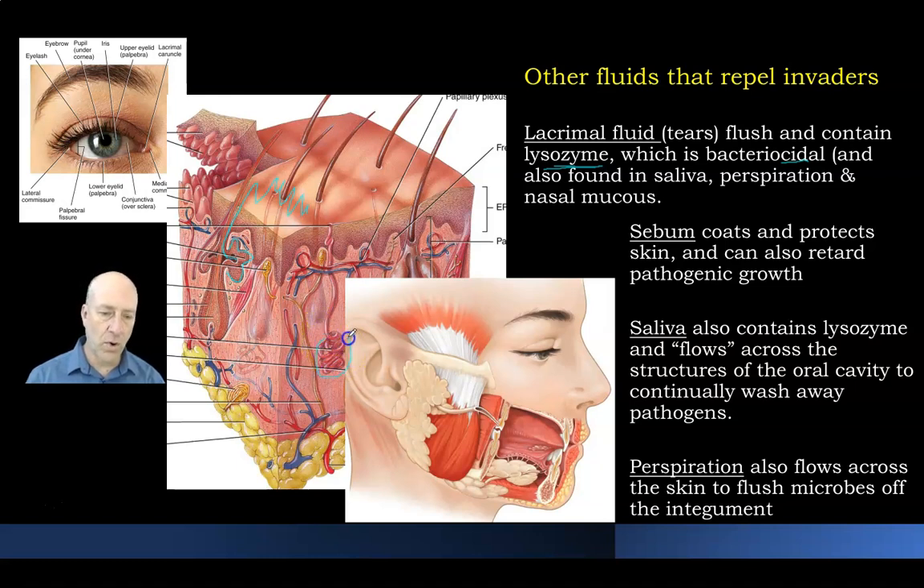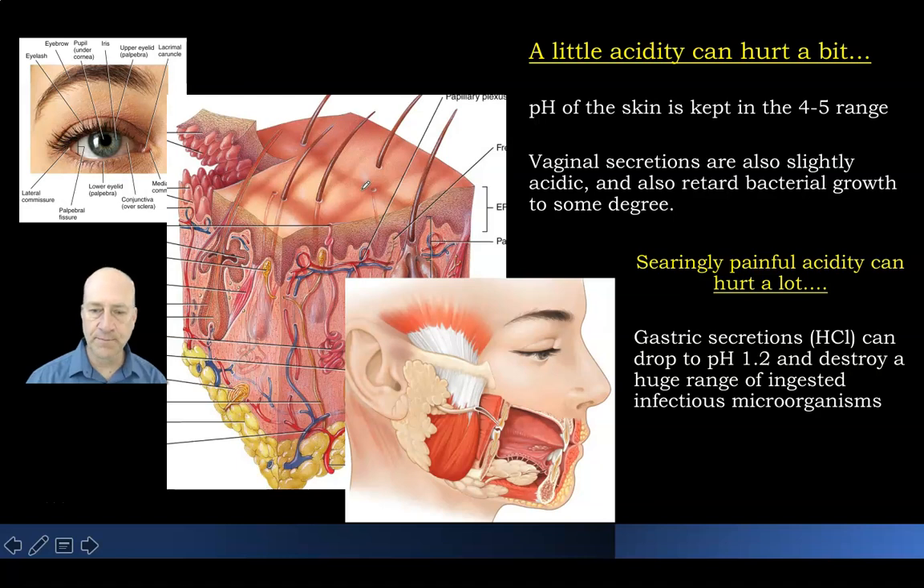Here is the coiled part of the gland. Here is the duct. The sweat comes up through the pore and washes over the top of the skin, washing away microbes, constantly flushing. Right? A little acidity, in addition to producing these fluids that are flowing across and washing things away,